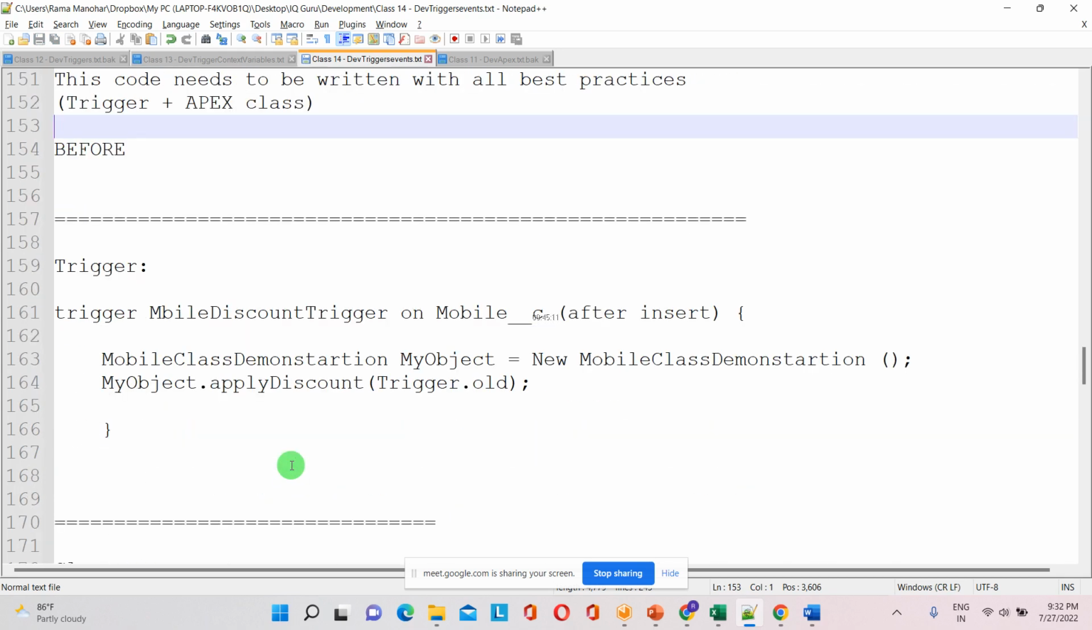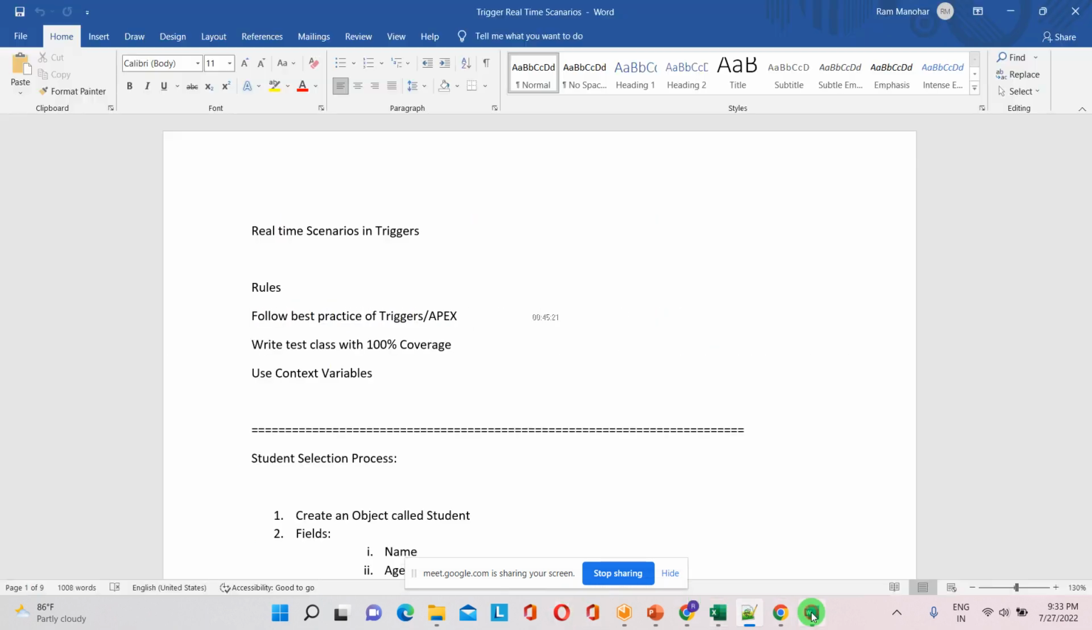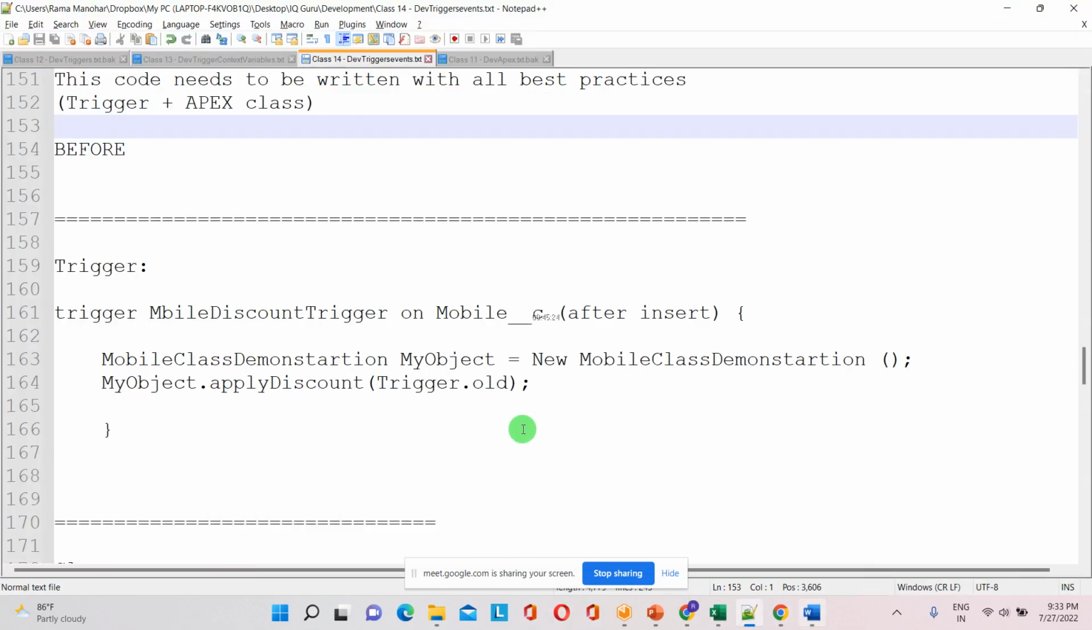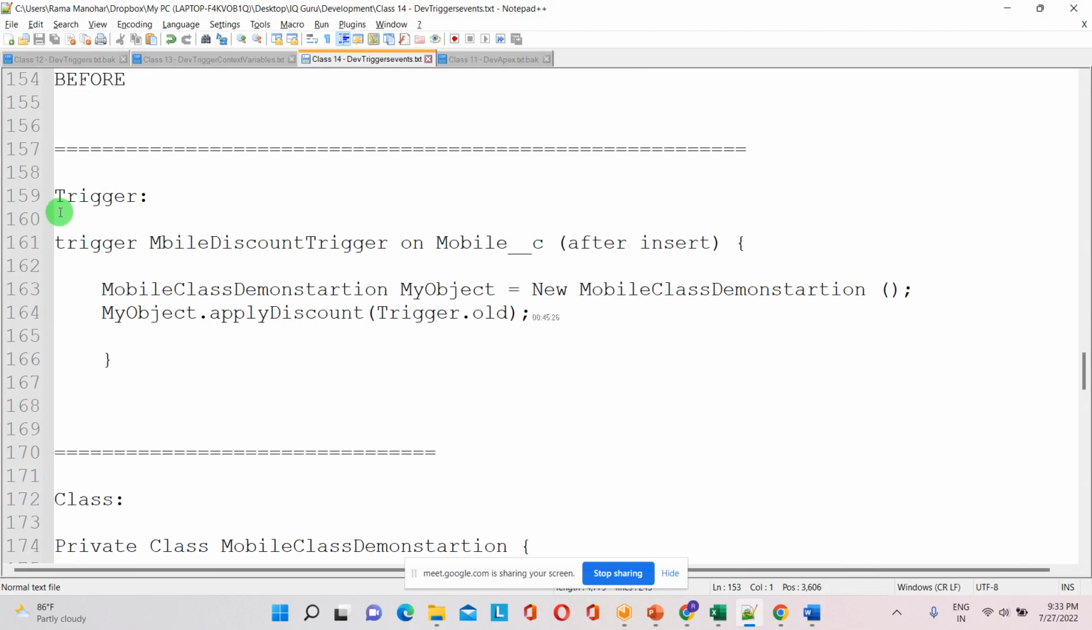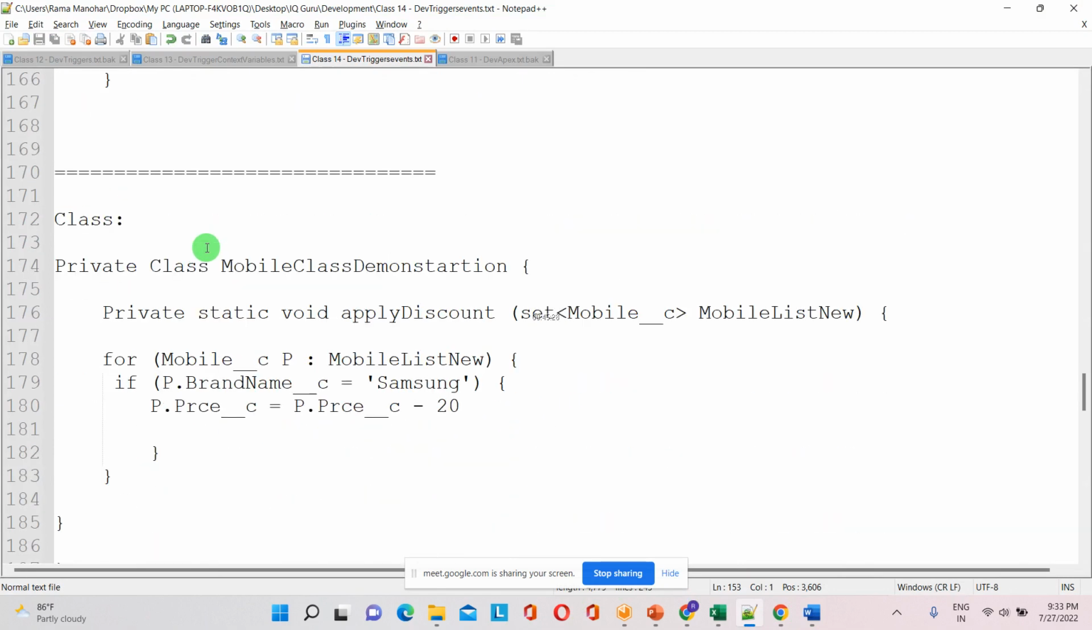After completion of this session, you'll be getting the context variable sheet and this file. Then you can start doing it. Okay. So here